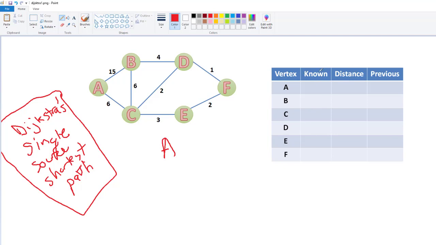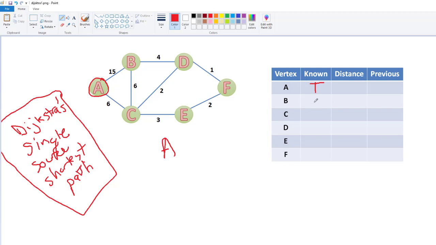And marked it as known. And once you mark it as known with this algorithm, you're claiming that you know now the single source shortest path, both its distance and how to get there, back to the single source. So then you say the distance, and then you also say where you came from to get to that. So since A is going to be our single source right here, I'm going to mark that